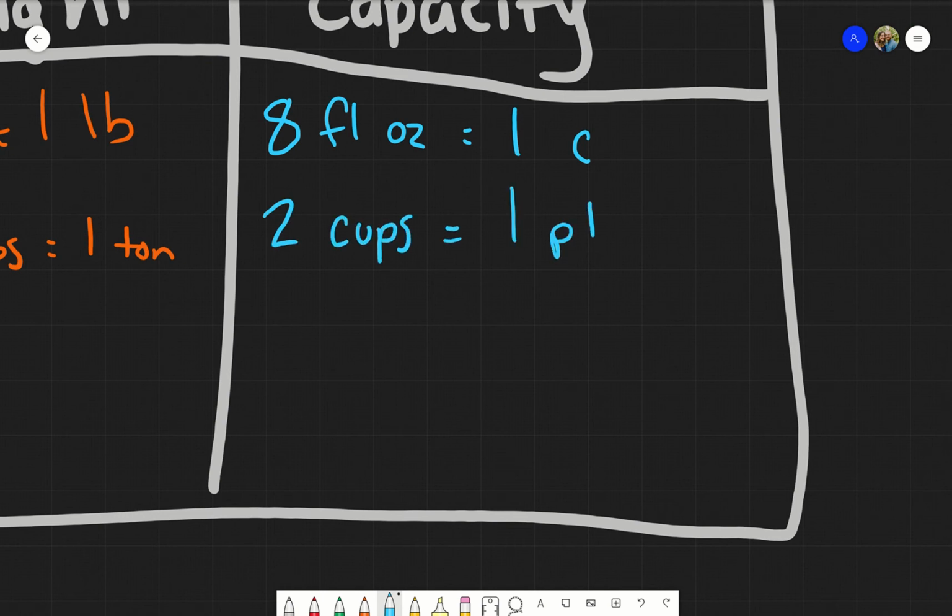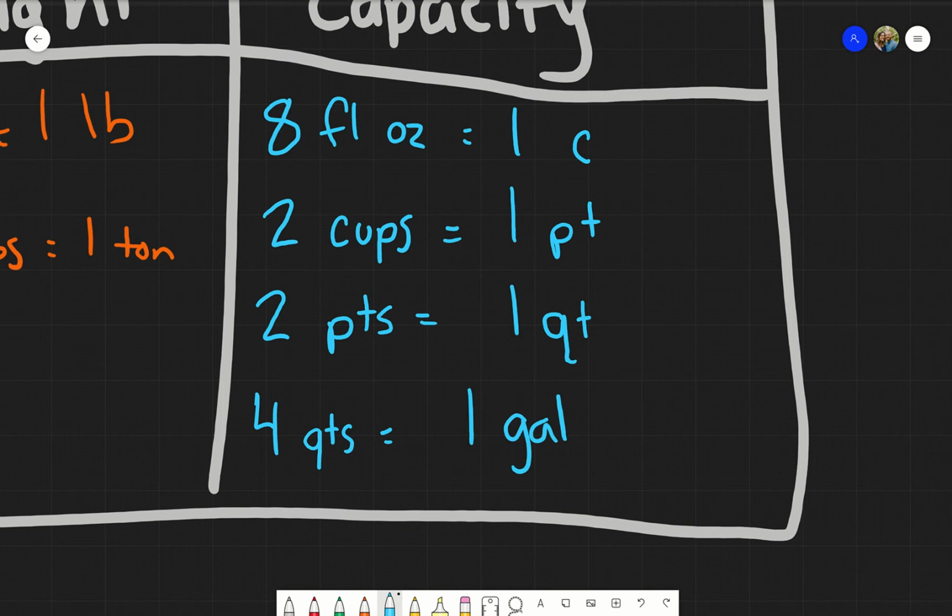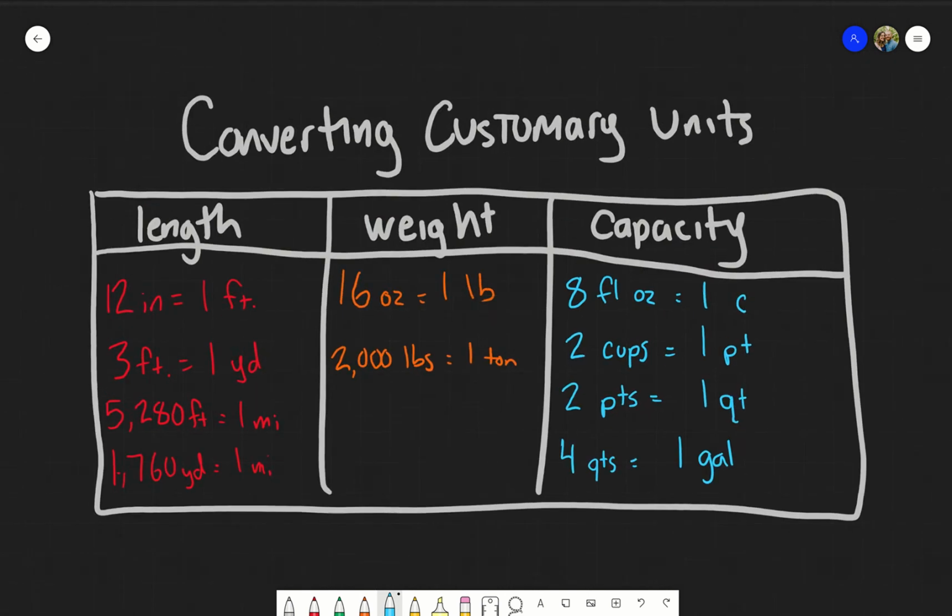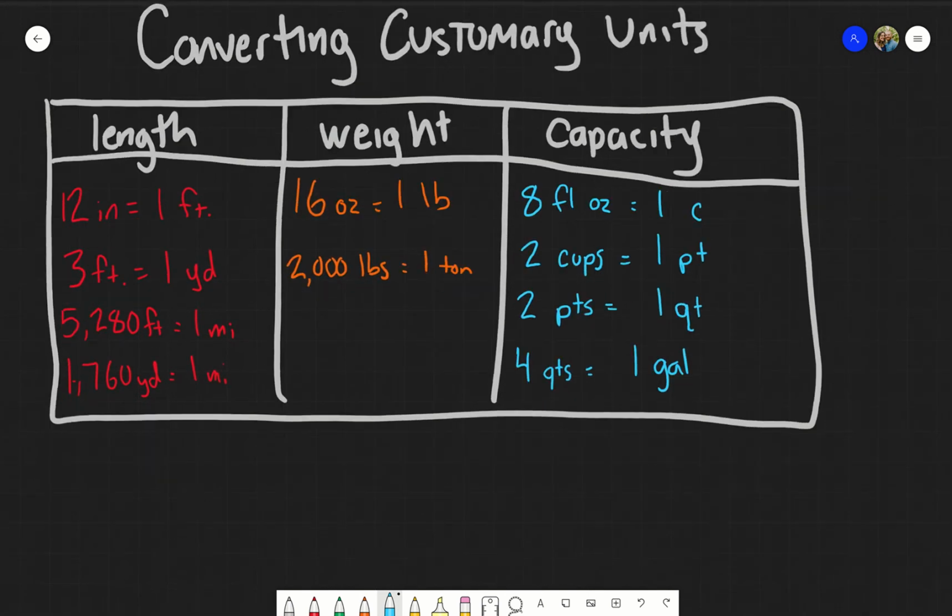Next we have 2 cups equal 1 pint. Then we have 2 pints equal 1 quart. And then we have 4 quarts equal 1 gallon. All right. It is good to know these things because we're going to be using them to convert our units. All right. So now the way we're going to convert our units is by using